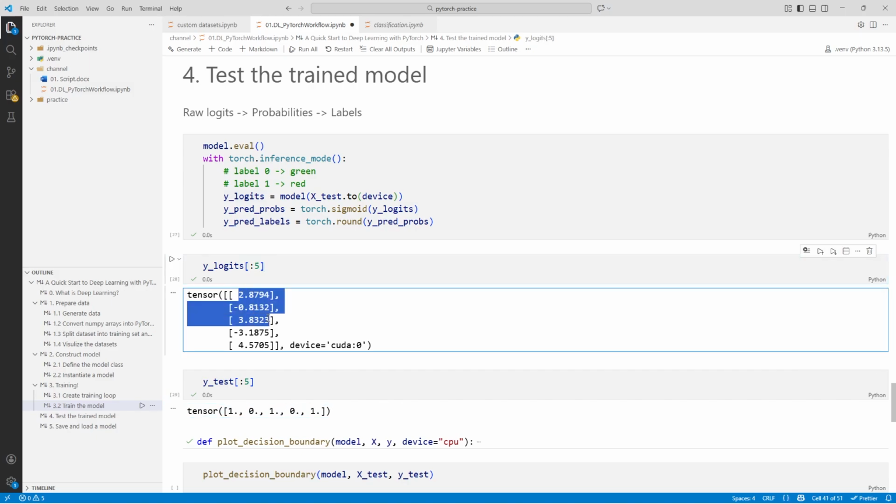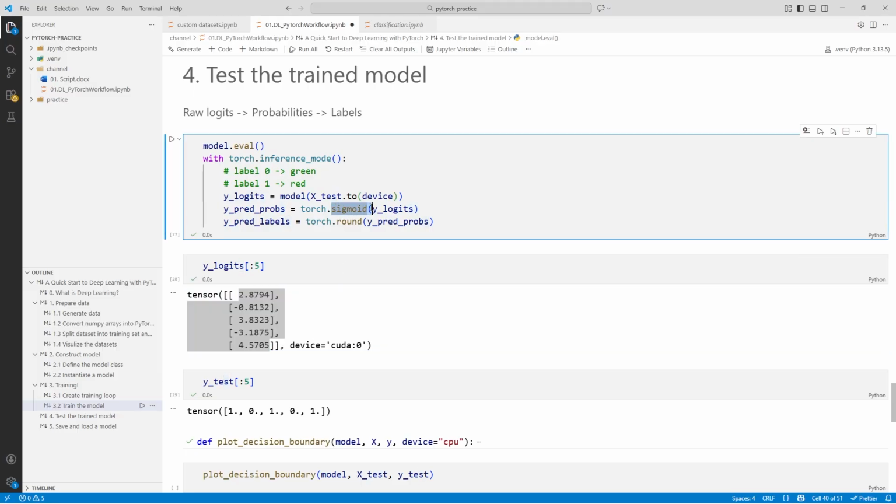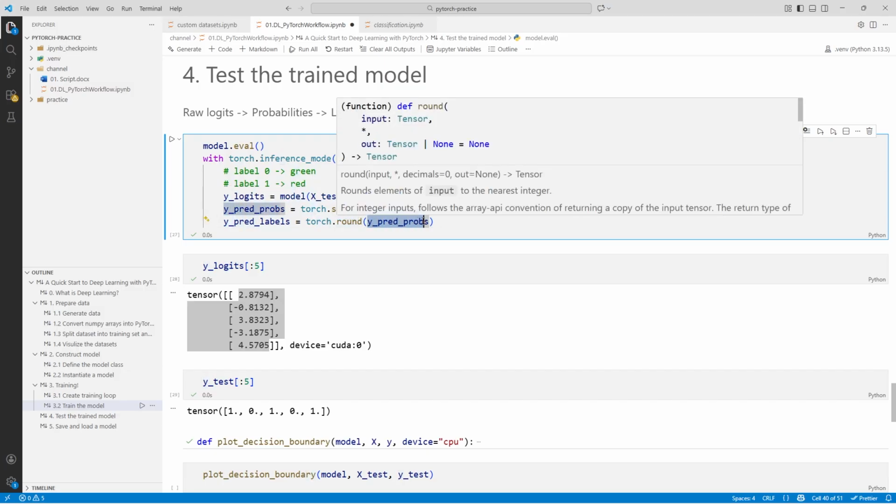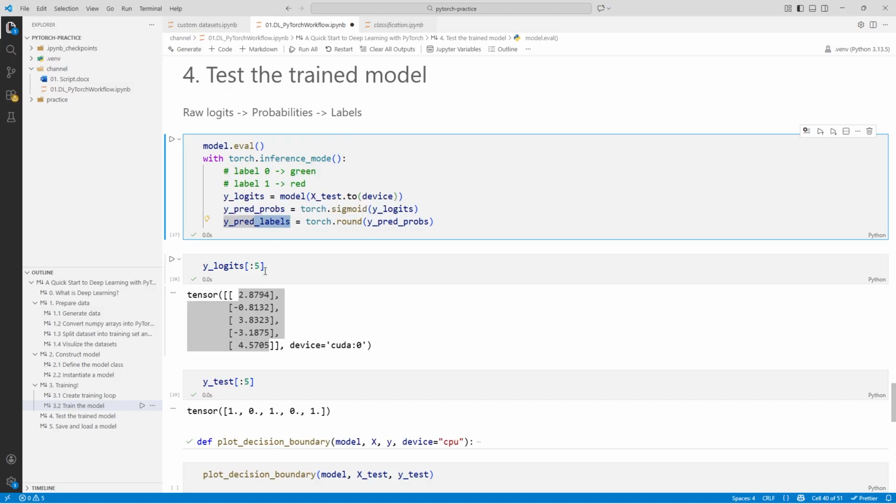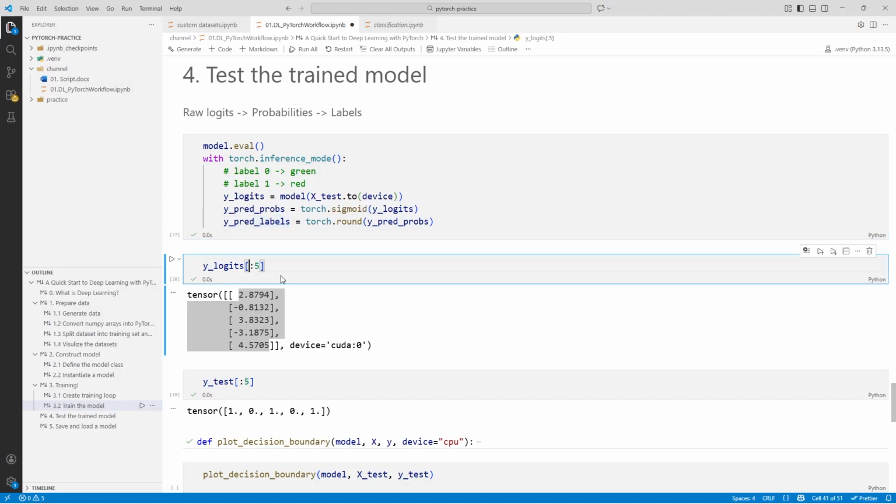But it does not look like what we expect, so we need the sigmoid function to convert the raw logits into the probabilities, and then use the round to convert the probabilities into the labels. Let's check it. Probs.